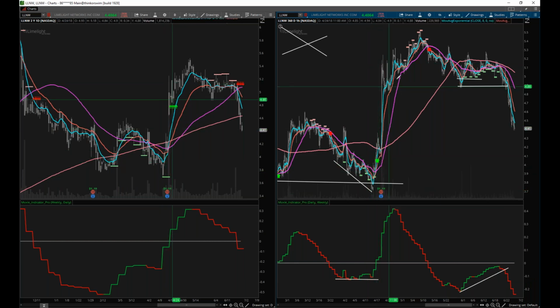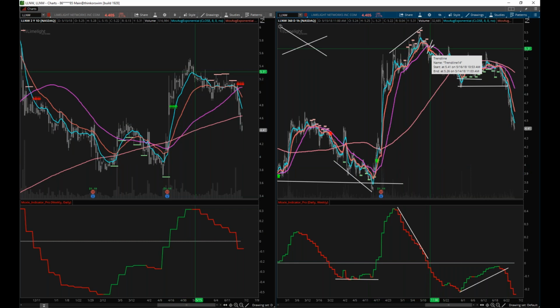And then what did it do? It walked itself up the hourly 50, but then you notice that we start getting a whole bunch of Moxie warning signals, and here's your divergence. Price up, indicator going real red. And look at this, we get our Moxie price exit signal as price crosses through the underside of the moving average. So here's your entry, here's your exit, and I'd say we got about 90% of the trade on that one, or 90% of the trend.